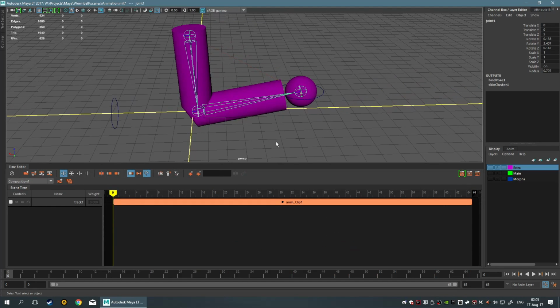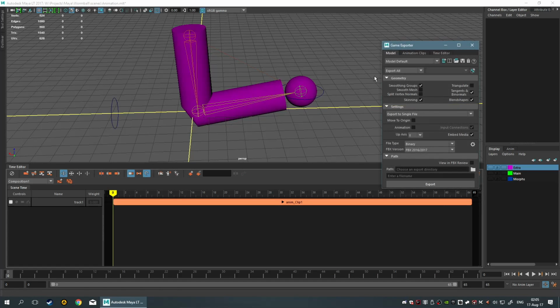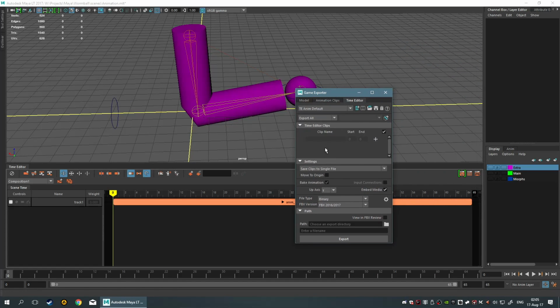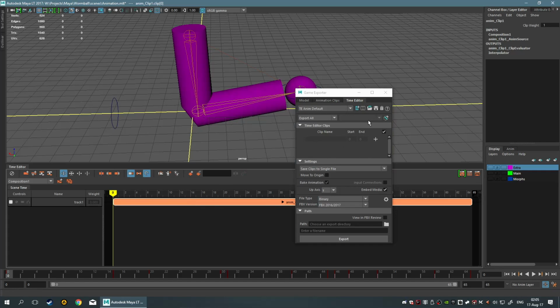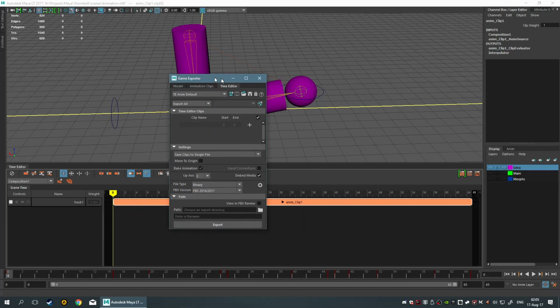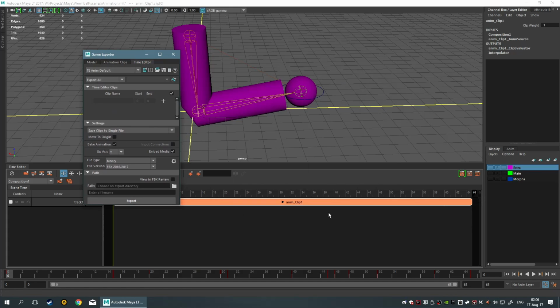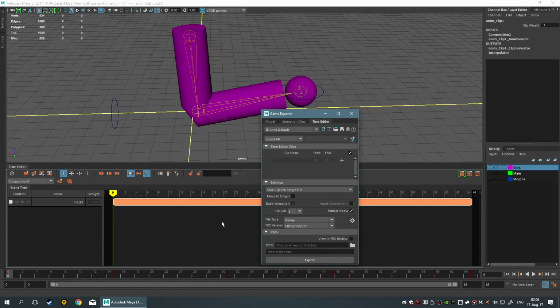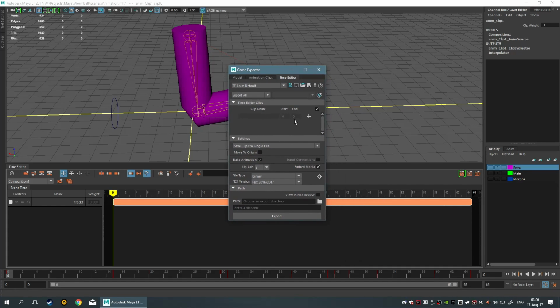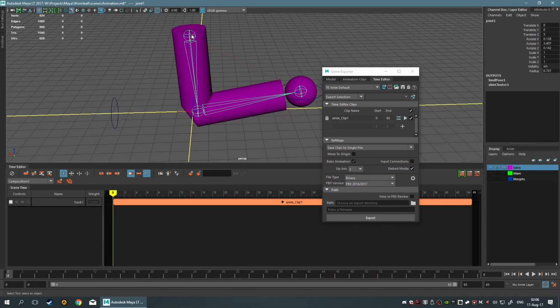But the thing is, you can actually go ahead and use the game exporter, and in this case, going through the time editor, select the clip that you want to export. If you want to cut it apart, either do it in the time editor, or if you have just one timeline, use your regular animation clips. In the time editor, you add your animation clip and use the export selection, and your export should be your hierarchy where you want to bake your animation to,